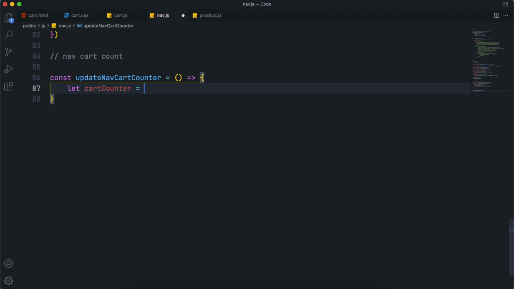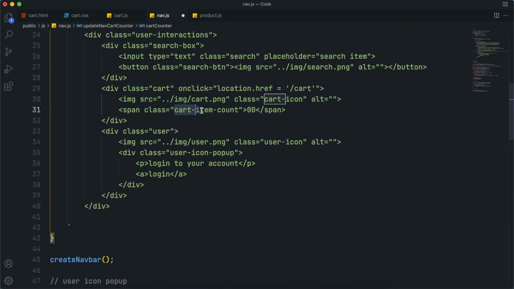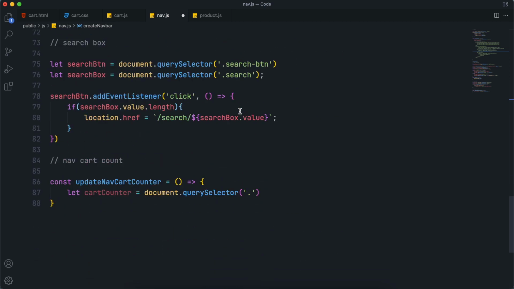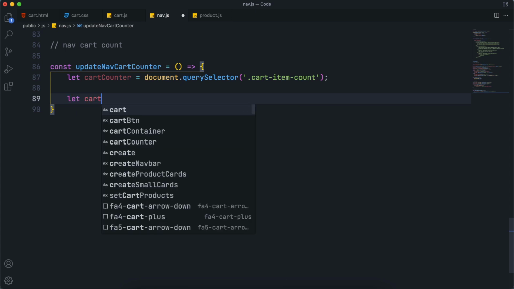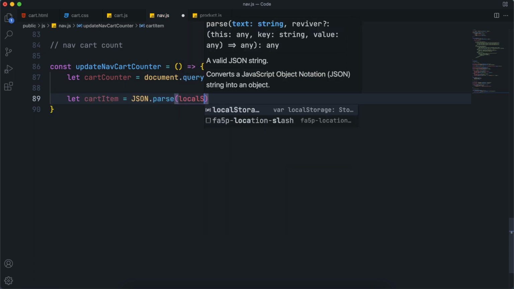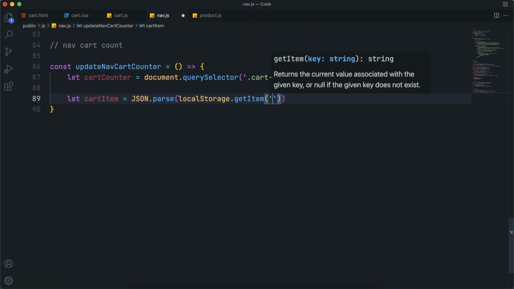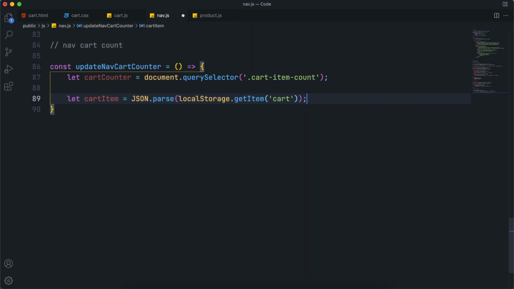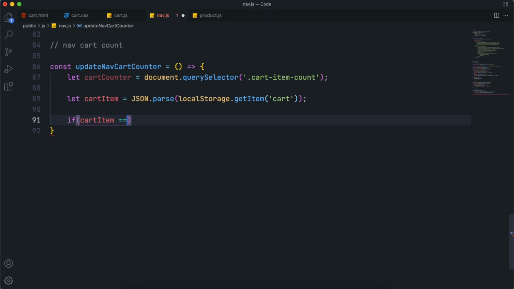So here select that cart counter first using document.querySelector, pass the class name here, and set cartItem equals to JSON.parse of local storage. So basically we are fetching the cart data from local storage and setting it equal to the cart item. So once we get the data, we have to check whether it has a length or not.